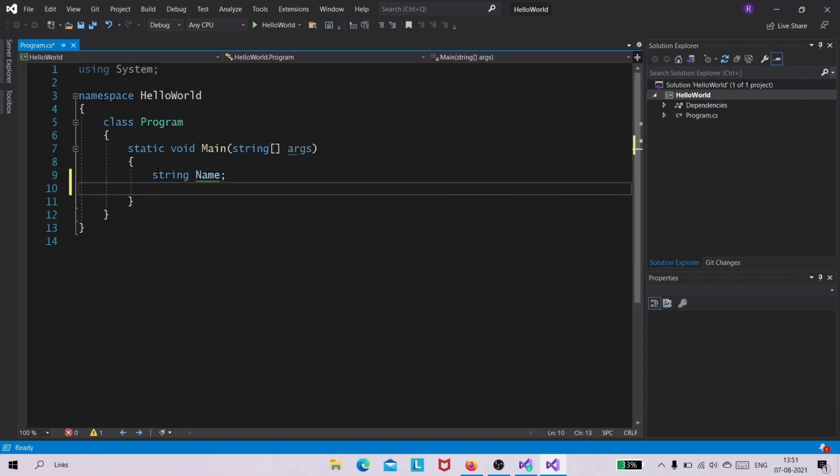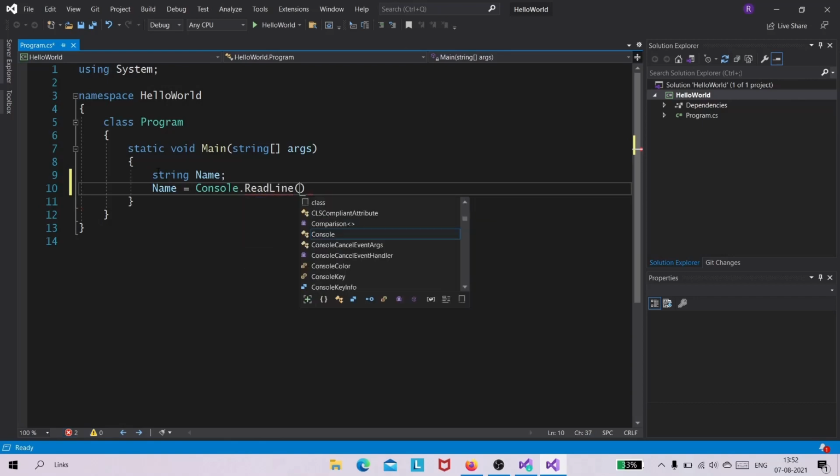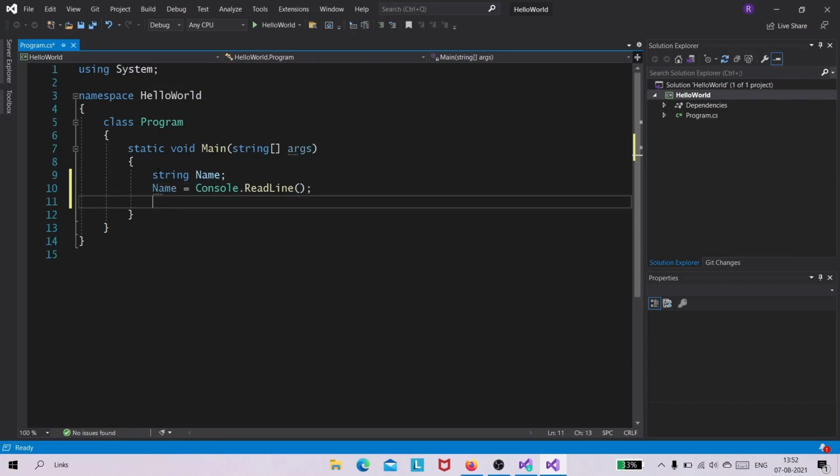Now I am going to equate the name to the user input. After getting the name as the input, we are going to send the output as hello plus your name.